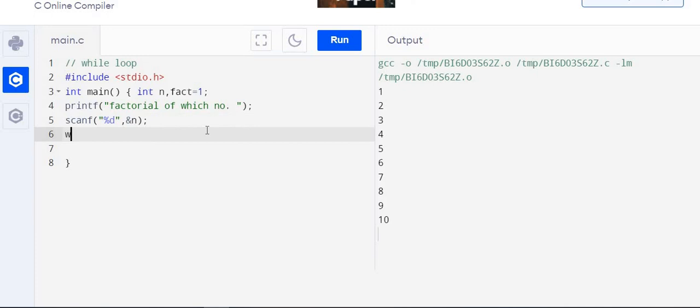Now while, up to n, all numbers should be multiplied. So let the initial value of number be I. So I is equal to 1.